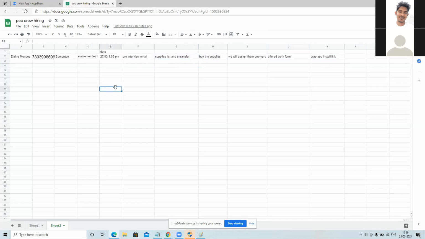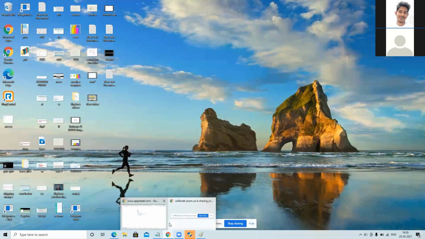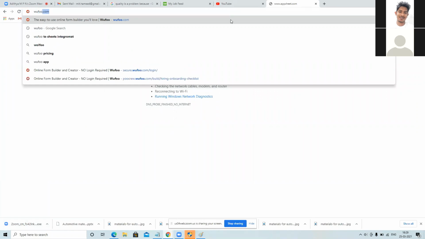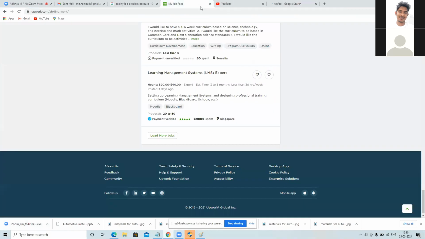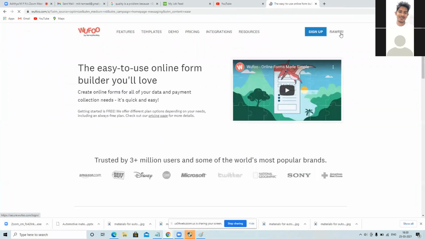Okay, yeah, got it. So these are your requirements, right? Yeah, this is the basic requirement completely. Okay, yeah. Anything else you need to tell? Anything else? Like I should have a checklist. For example, I will show you one Wufoo form, which I created as a checklist. Okay, those things we can do while developing. So that is okay. Hold on, I will show that to you, give me 2 minutes.